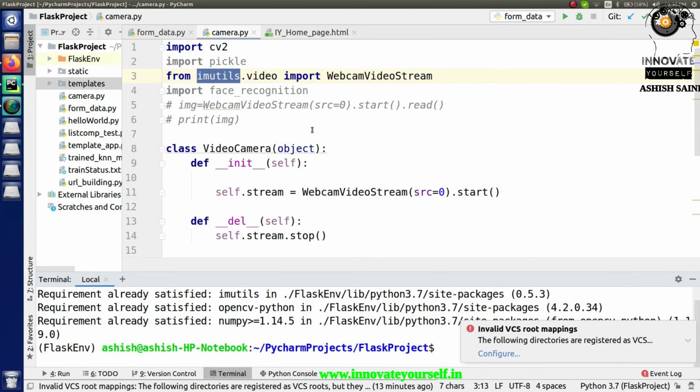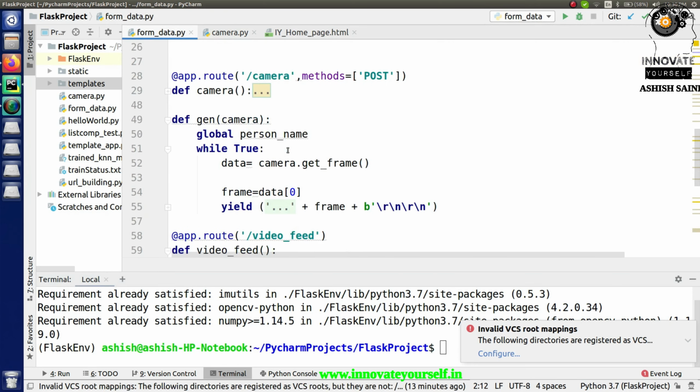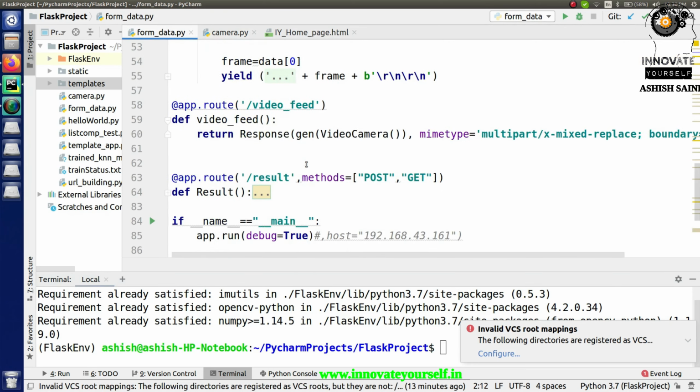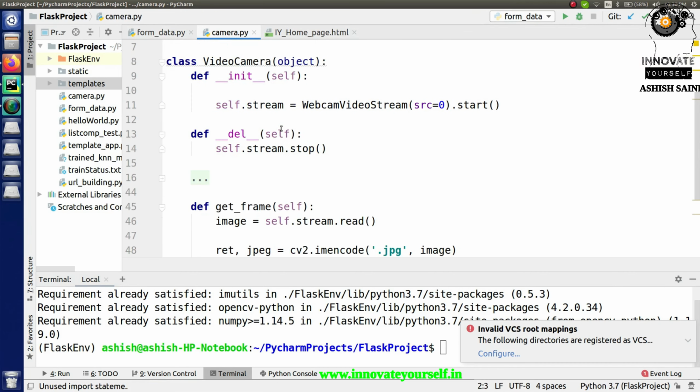So when you're done with the installation part, now it's time to create a separate script for it, so that we don't have to add all the things on the main web application where we are actually going to call this video part, right? So this is what exactly we have to do. So in this script, what I'm going to do is